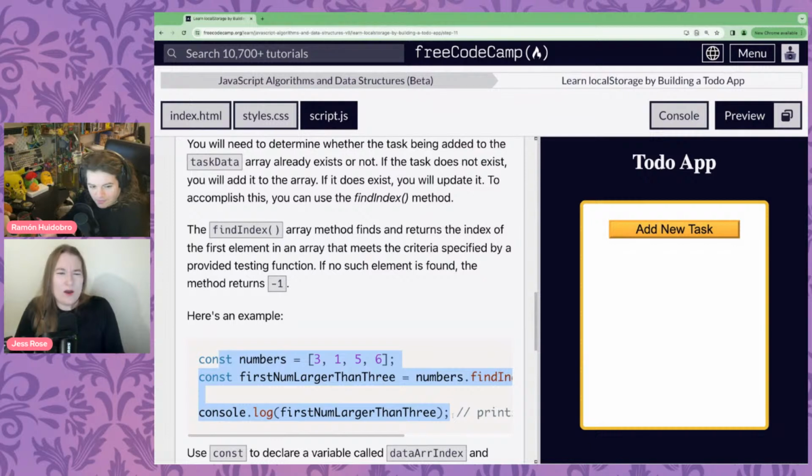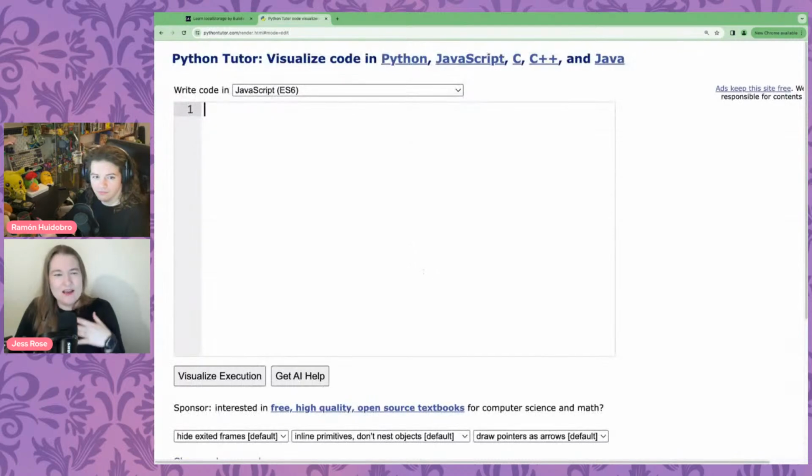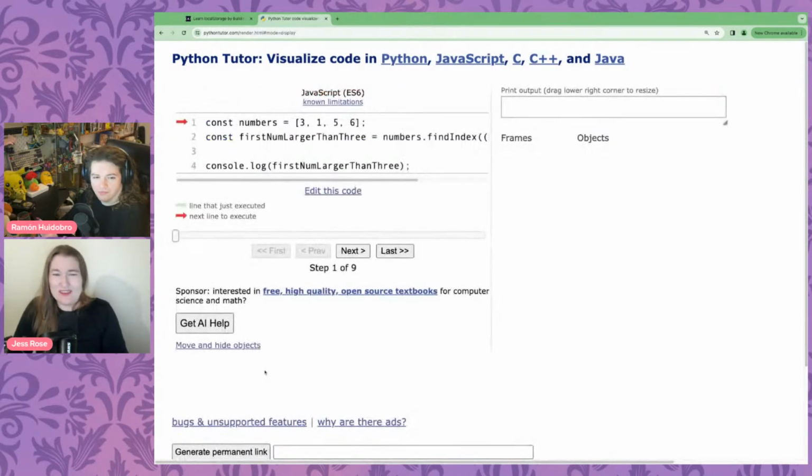Well, while you do it, I want to talk about why we need to check to see if this has already been added to the array. Users can do a bunch of stuff, sometimes it seems silly, but they can do stuff super fast as well. So if I click a couple of times on the same button real fast,